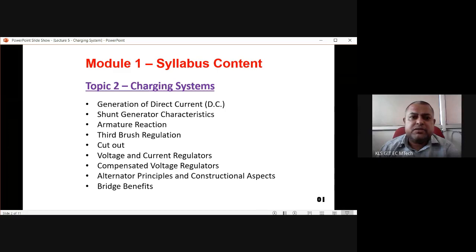But I think you are MTech students and you have studied all these things. The shunt generator characteristic is that it gives a constant EMF at the output. Then, what is armature reaction? In Fleming's left hand rule and right hand rule, we generate an electromagnet by giving some external supply. In the case of a motor, we give external supply and generate rotating motion.